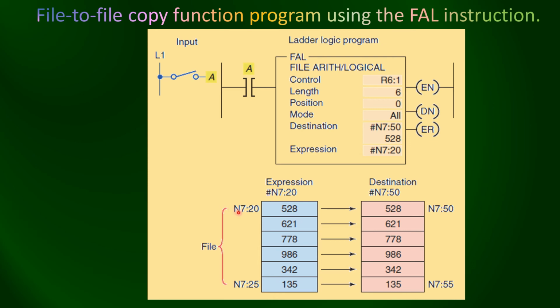So from N720 to N725, total number of words in this file are 6. Similarly, it is written destination, so it is S750. So it will start from S750 to N755. So whatever the previous data was here, whenever we close this switch, this rung will become high. So this means true. So whenever the rung becomes true, the data from this expression will transfer to the destination,